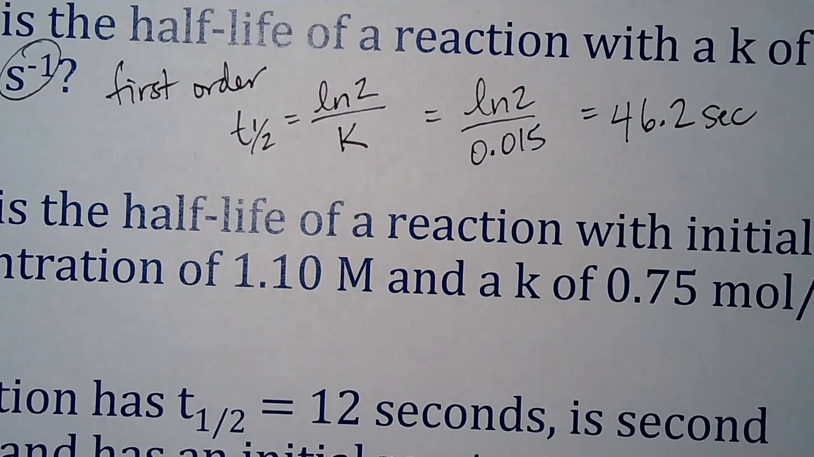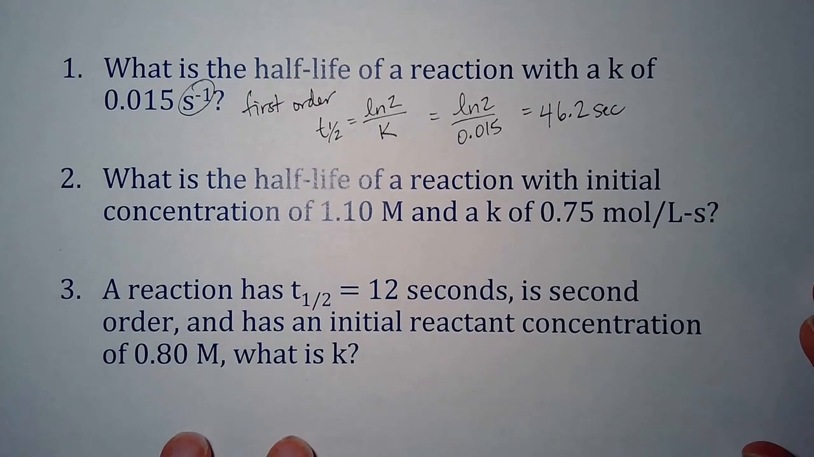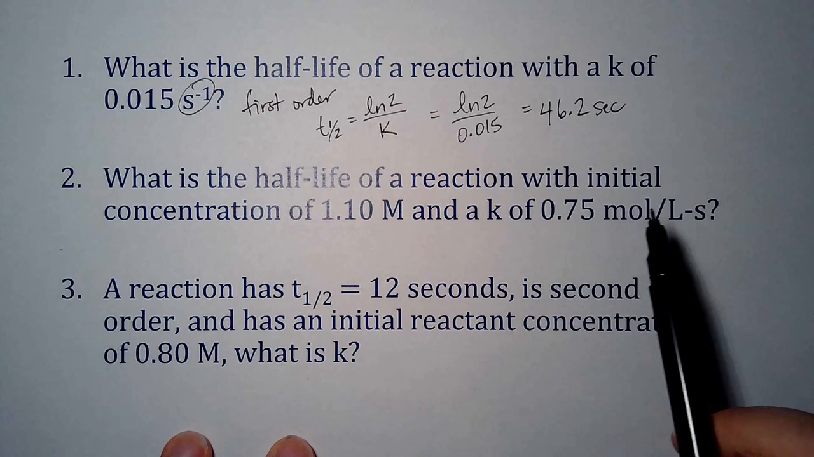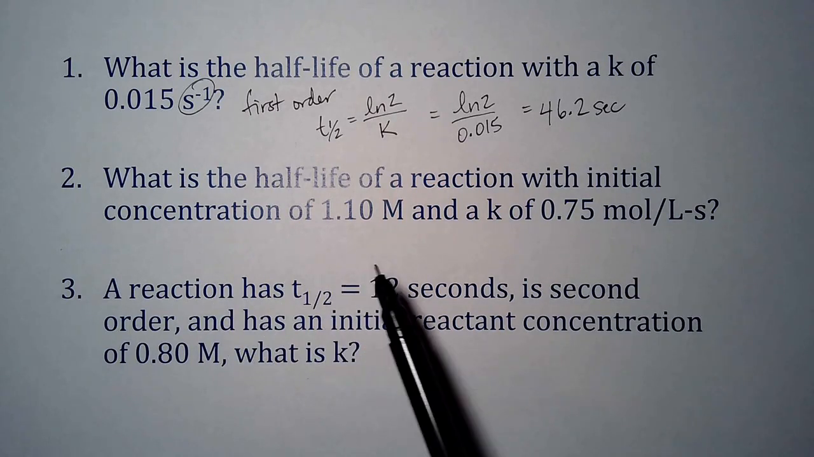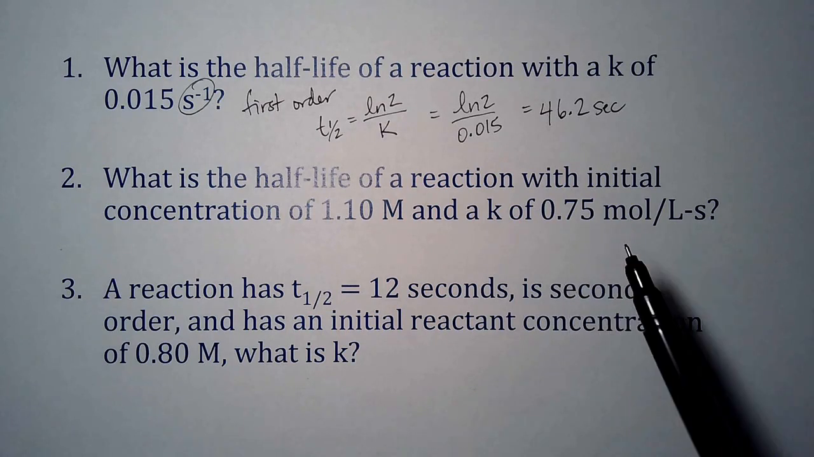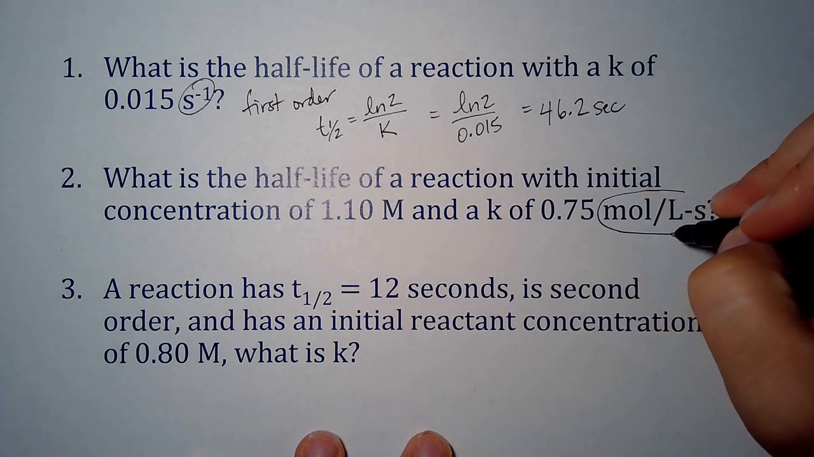Alright, let's look at the second one. What is the half-life of a reaction with initial concentration of 1.1 molar? K value is 0.75 moles per liter per second. So what are the units of K? How does that tell us reaction order? Moles per liter per second. Zero order